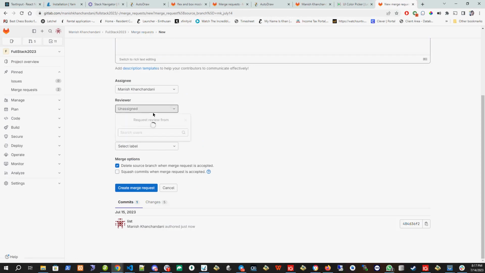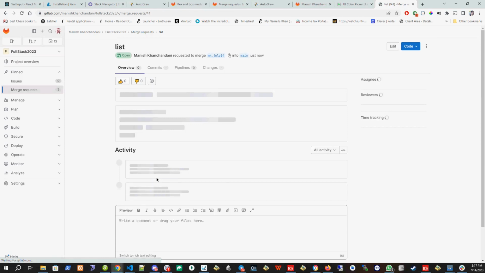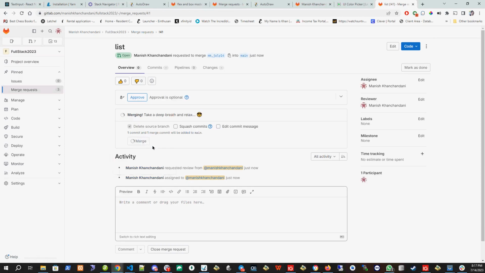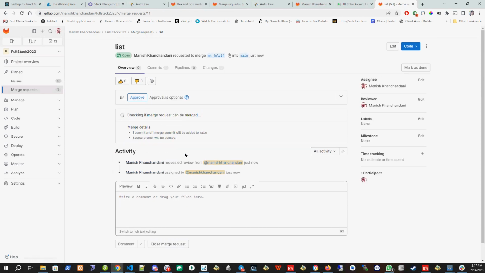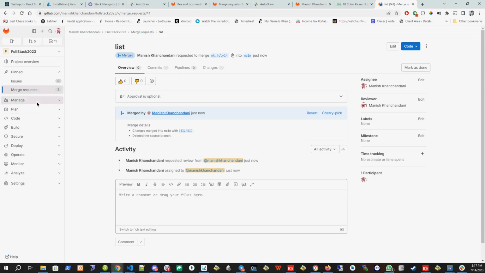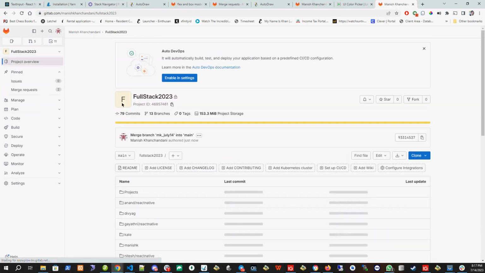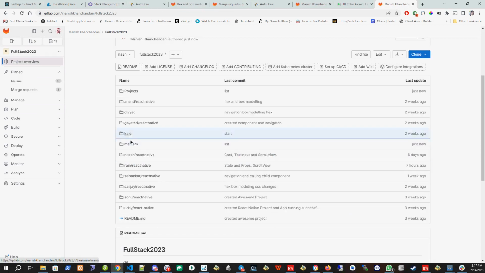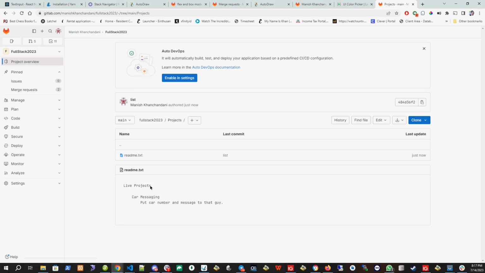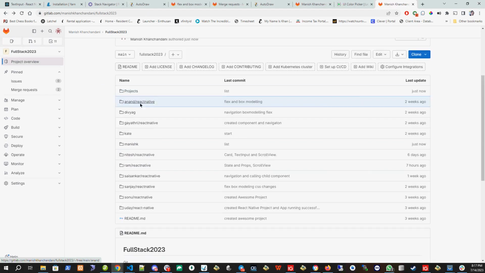So here I will create the pull request. Pull request created. I will merge it. And now if you go to the main branch, you will see the projects folder is created here. Right now it's only having the readme file,